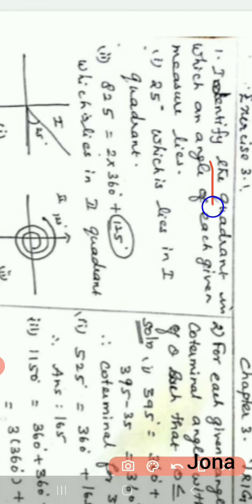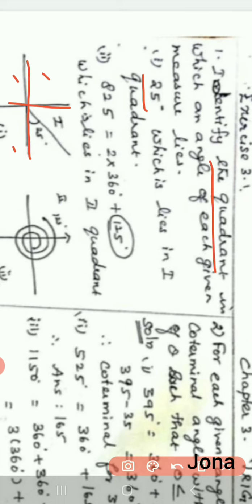We want to find the quadrant. Okay, we know about the graph. We learnt already that 4 quadrants will be there: first quadrant, second quadrant, third quadrant and fourth quadrant. Here the first problem is 25 degree. We want to plot 25 degree. We know how to plot the points in the graph sheet. By using the same quadrants we are going to keep the degrees also here.